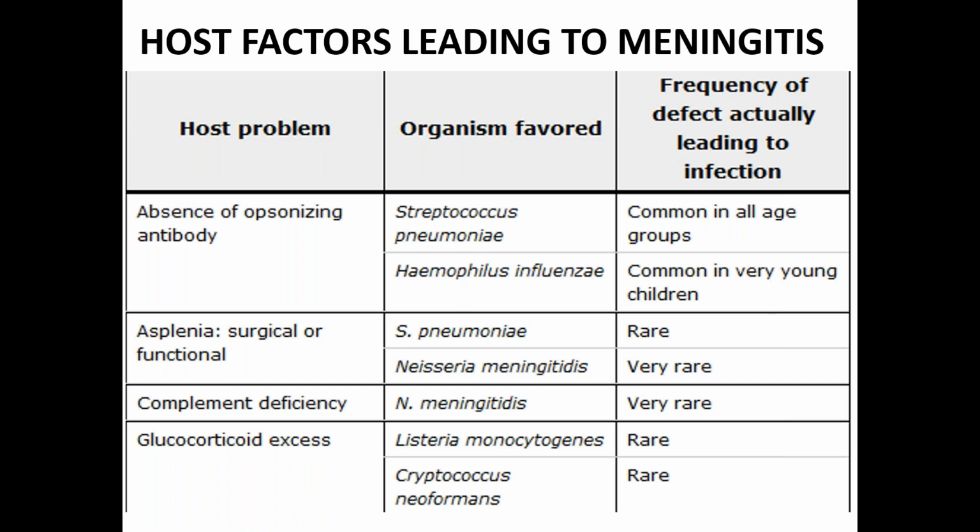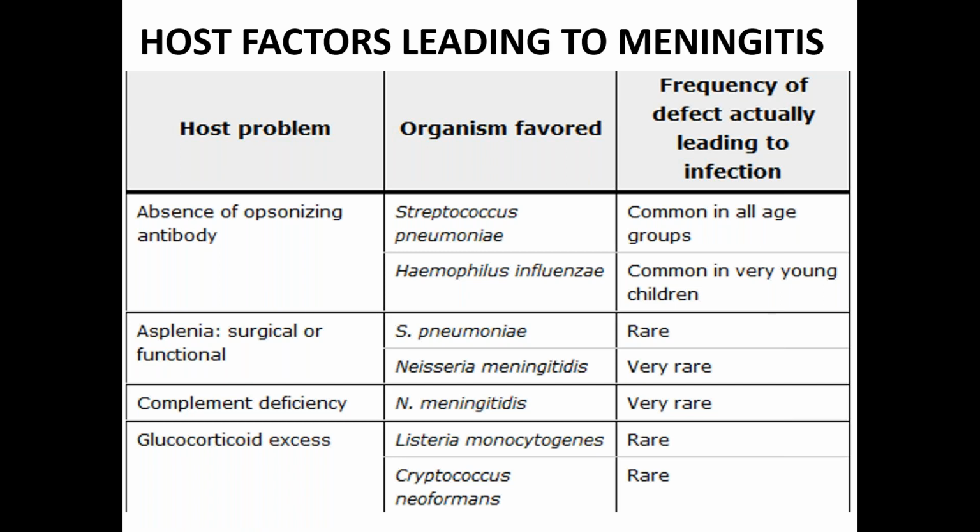Then, as we discussed earlier, some organisms have their protective phenomena like polysaccharide capsules, and they can enter the bloodstream and invade or overcome the host immune system. Sometimes the host immune system itself is incapable. For example, if there's a deficiency of opsonizing antibody, in those conditions strep pneumoniae and H. flu can be more common. If there is asplenia, then those organisms with capsules like Neisseria meningitidis and strep pneumoniae can occur. Complement-mediated pathways destroy organisms like Neisseria meningitidis, which will obviously flourish